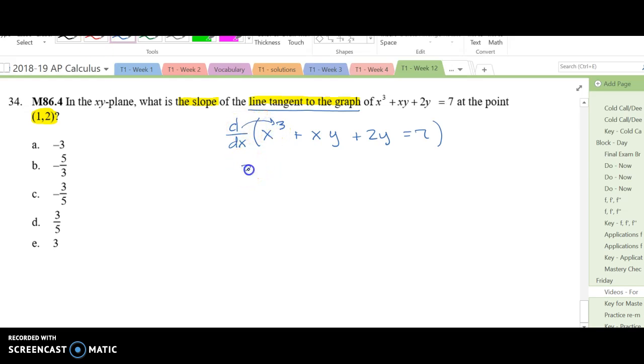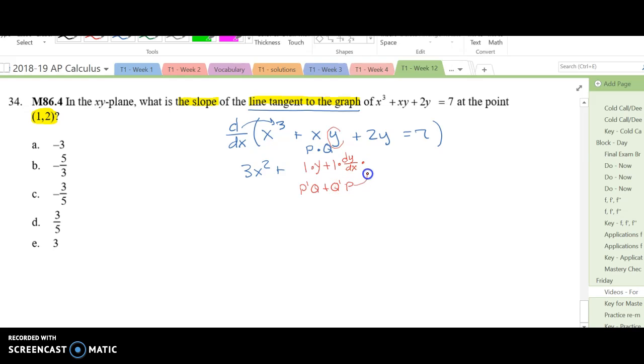So the first term is 3x squared plus, the next term is a product rule. We're going to have a p and a q, and so our product rule is p prime q plus q prime p. So this first derivative, the derivative of x, is just going to be 1, and q is times y. Plus, now we're going to take the derivative of the second term y, and it will be 1 times the derivative of y with respect to x,